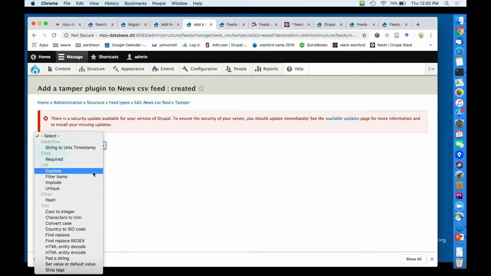So you can see that here we have a very limited amount of processors available for Feeds now, because coding every next processor takes time, and there's not that much time in every day, and there's not that many people who know how to do that. In Migrate, we already have it. So if we can have this structure,